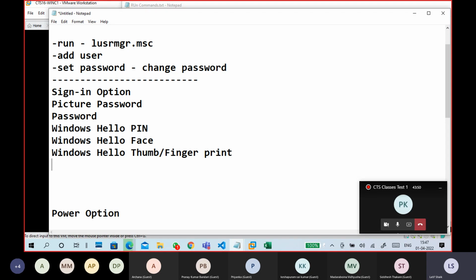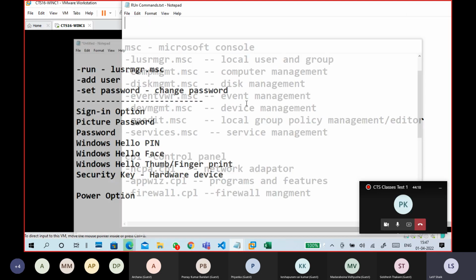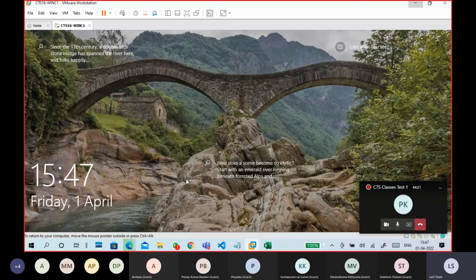And also there is a security key, a physical security key. It's like a hardware device, like a smart card or USB is required. Now in my PC it is already there.